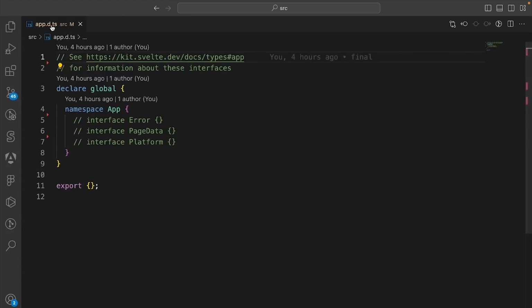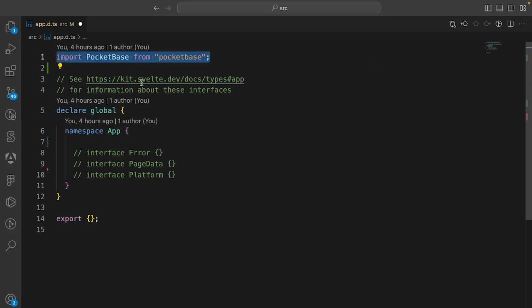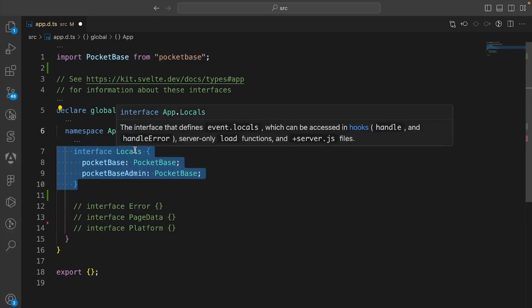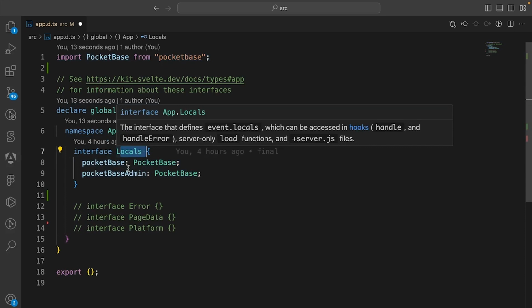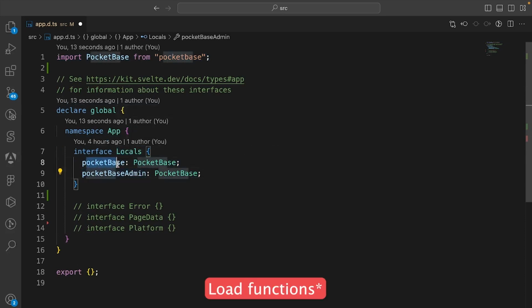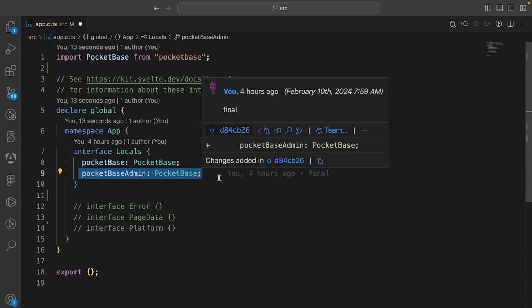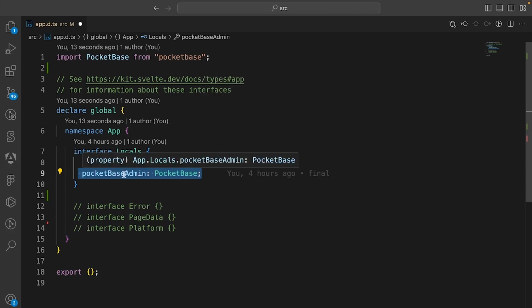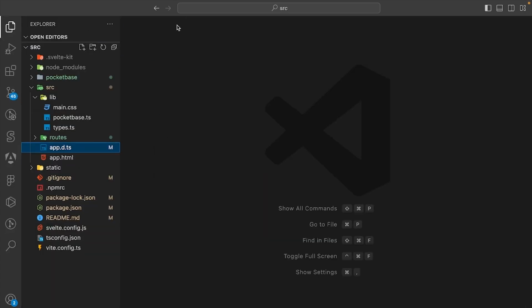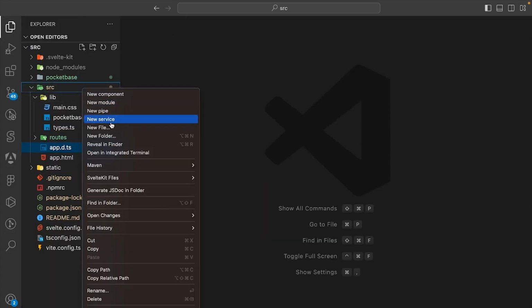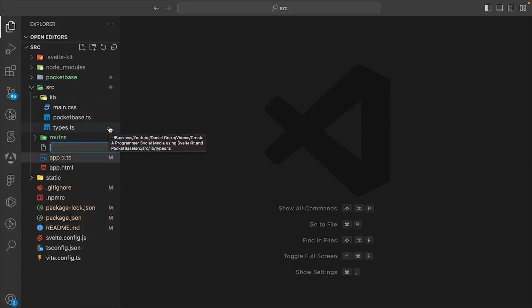So once you have the app.d.ts open, let's import PocketBase, and then let's set the interface for the locals, which is basically the data that we're going to pass from the hooks into the functions. So we're going to enter a PocketBase instance, and we're also going to pass in an admin instance of the PocketBase. So if we want to run any admin tasks or any admin actions like creating a user, deleting a user, or creating a post, we could use this one right here. Now we could close this file, and in the source folder, we could create a new file called